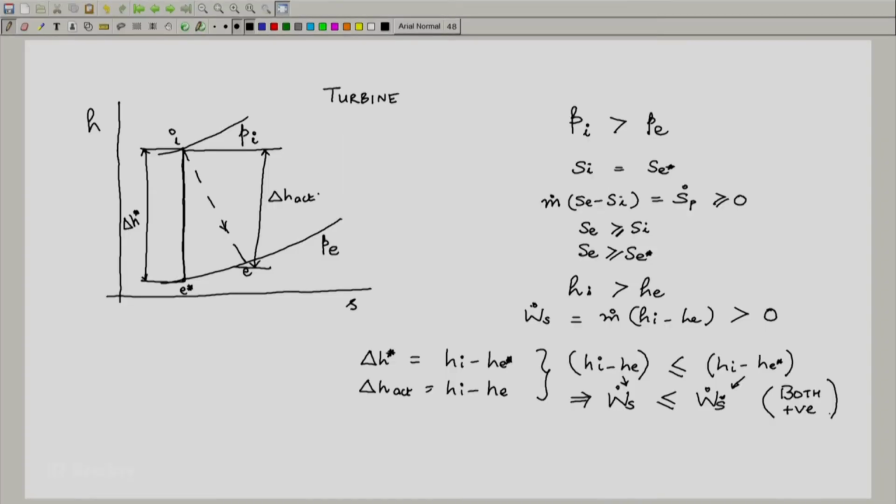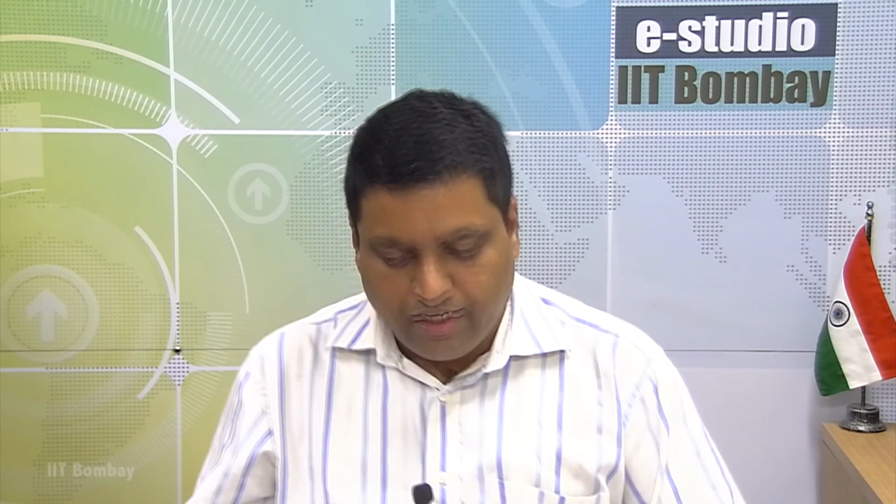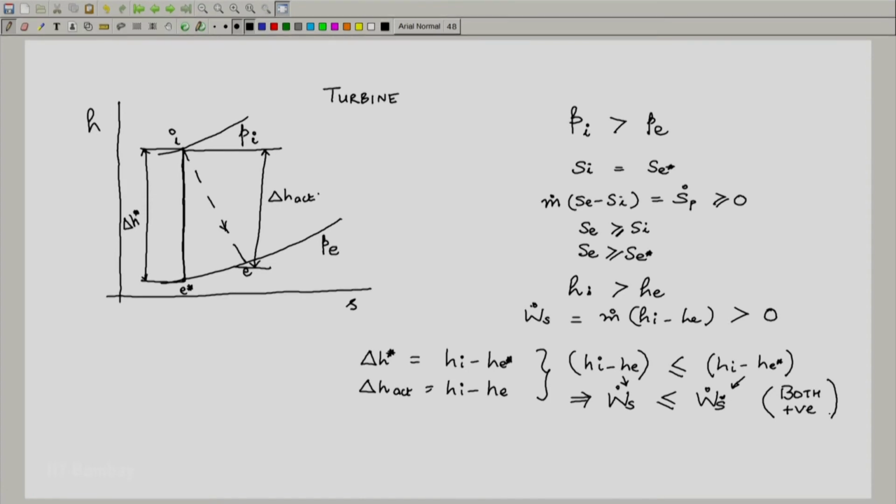So, please note again, we have two pressures, we go from a higher pressure to lower pressure, which means we go from a higher enthalpy at the inlet to a lower enthalpy at the exit, and the ideal work output is definitely going to be greater than what we see actually, and this is of course agreeing with our notion of what is an ideal process. Whenever we are trying to extract work output between a set of pressures, what we get ideally is more and what we get actually is less, and hence we will get W dot S is less than W dot S star.